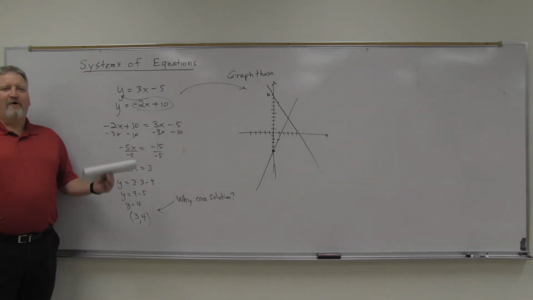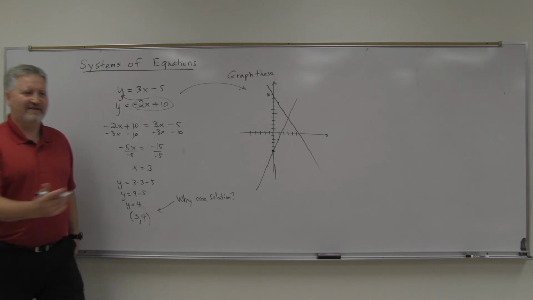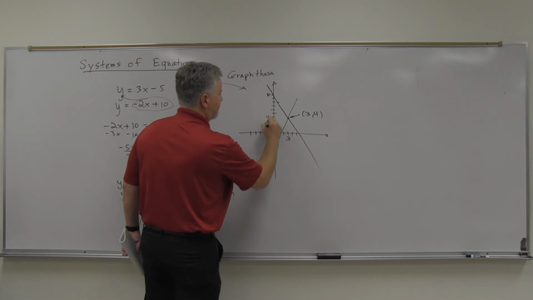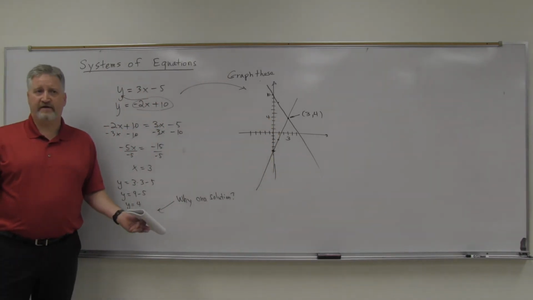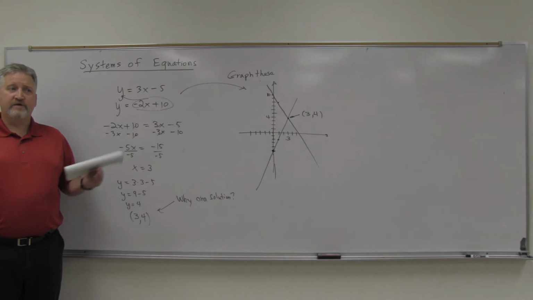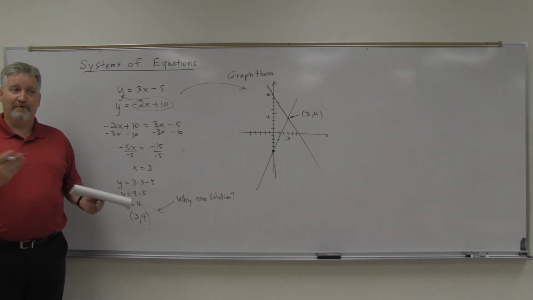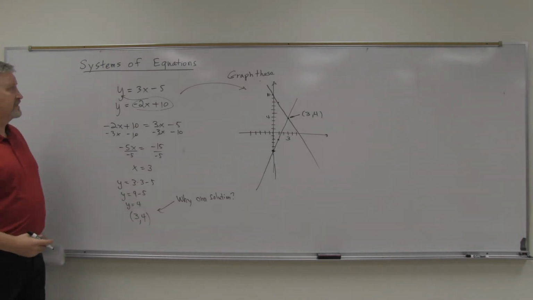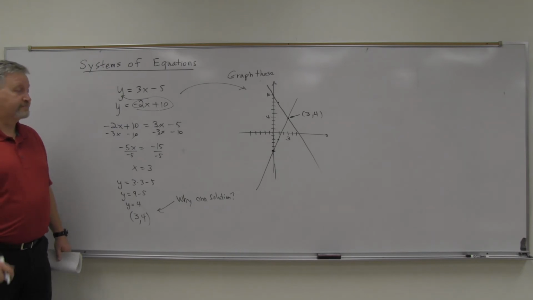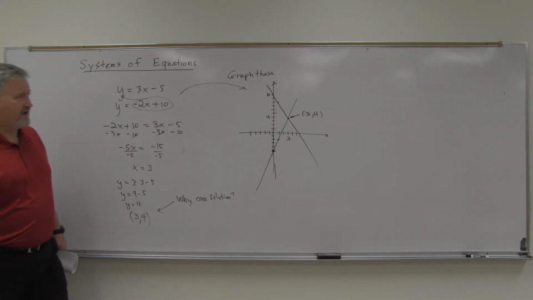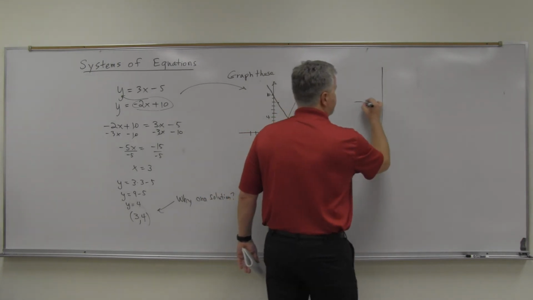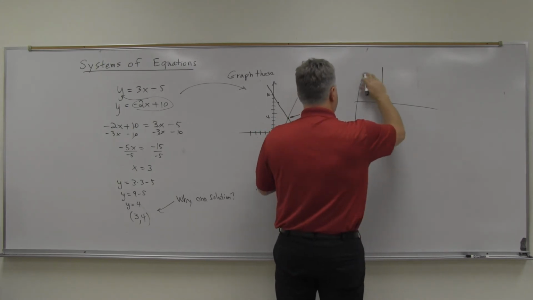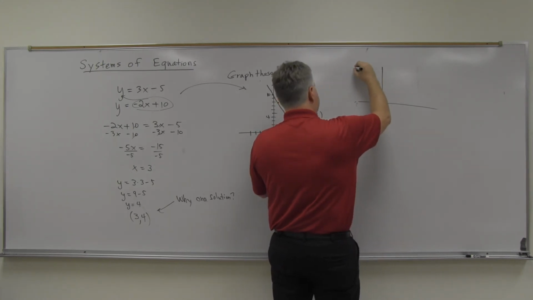All right, so yeah, why do we have just one solution? Well, it's where they intersect, isn't it? That's 3, 4 right there. Yeah, where they intersect is 3, 4. And so the reason they have one solution is because they intersect one time. If I have more than one intersection, then in our system, we'll have more than one solution there. So if I had this,